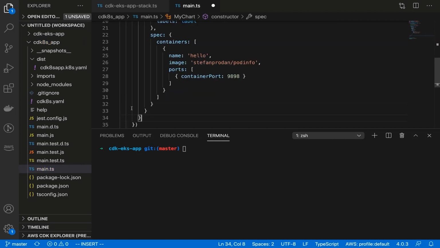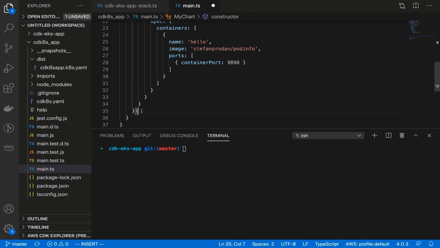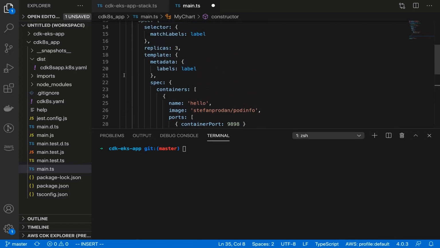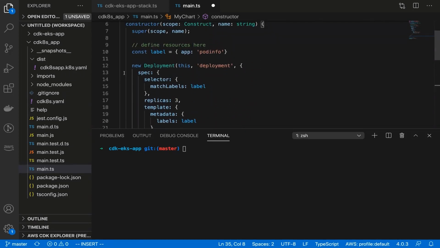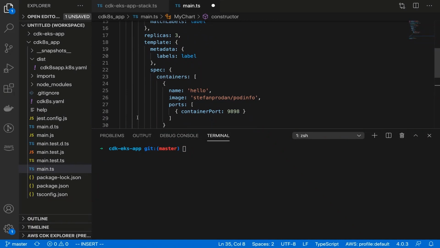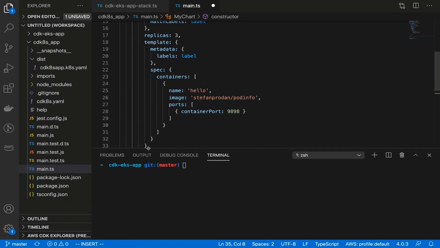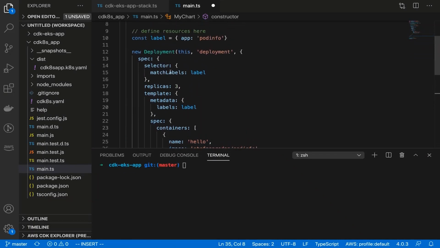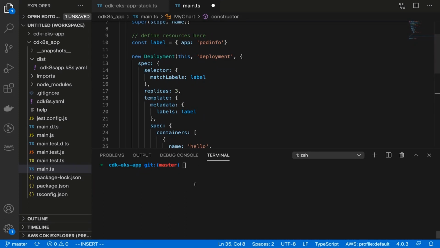So I'm just going to paste a spec which is with a container and 3 replicas to create our deployment, with the image pod info, which is pretty commonly used for a demonstration by Stefan Prodan, and